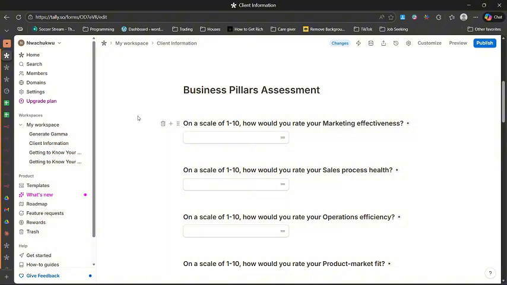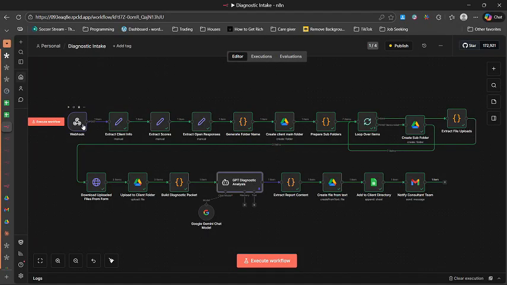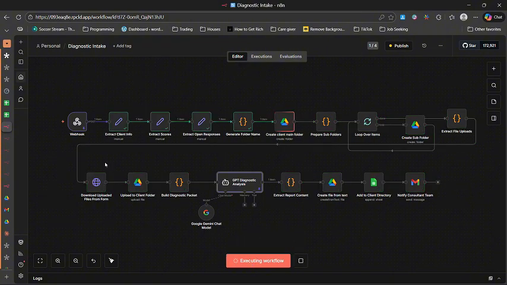The beginning is from the intake diagnostic, and this starts with a webhook that gets information from the Tally form. I have pinned the data, but that doesn't mean that I can't also re-execute the workflow to give you a visual representation of what is happening. So it gets the information from the Tally, it extracts the client information, it extracts the scores and the open questions. It generates a folder name and it creates the main client folder